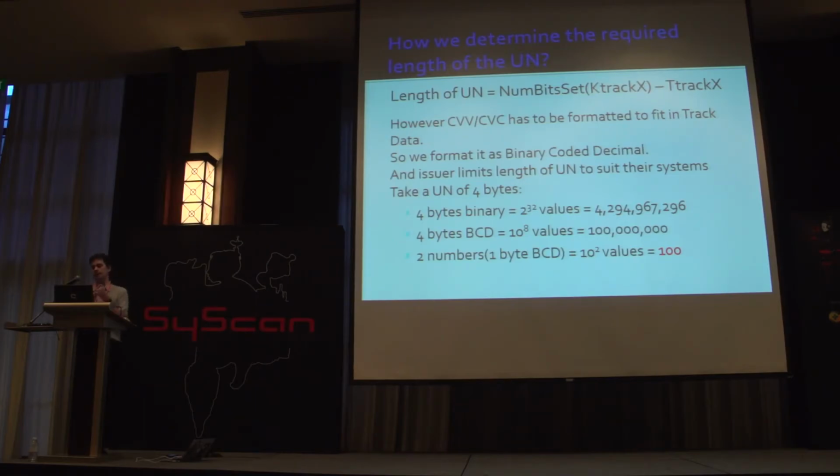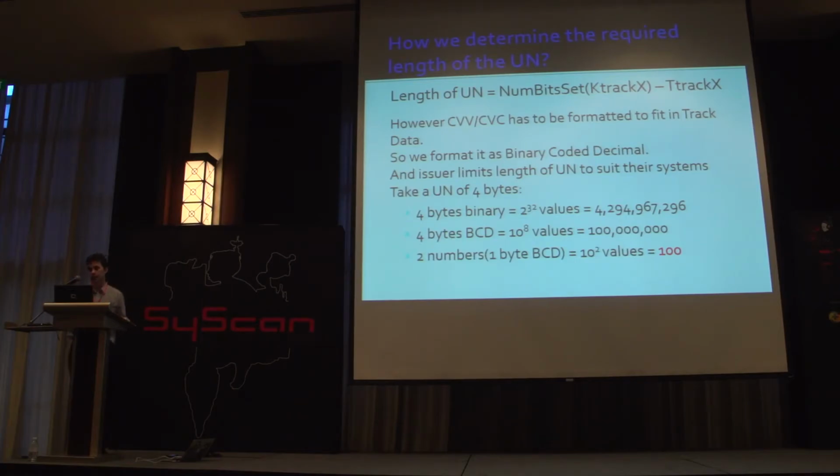So we format the CVV as a binary coded decimal value. And then the issuer has to limit the length of the CVV and the ATC and the unpredictable number to fit inside its track data for its system. So it's up to the issuer to actually set the length of the unpredictable number. In this case, for Mastercard, you take 4 bytes of binary, so you've got 4 billion values. But then we've got to knock it down because it's binary coded decimal, so we're still at 100 million, which is great. However,